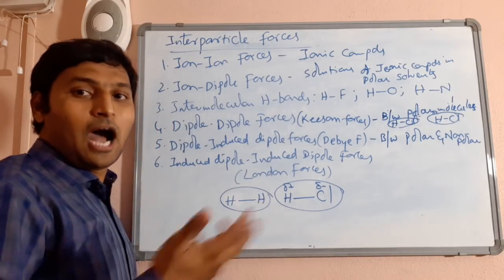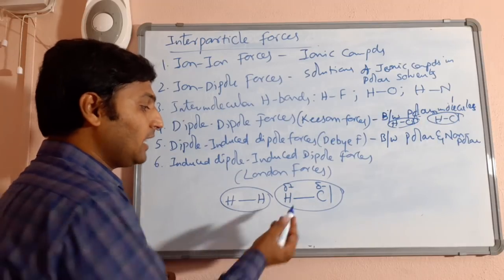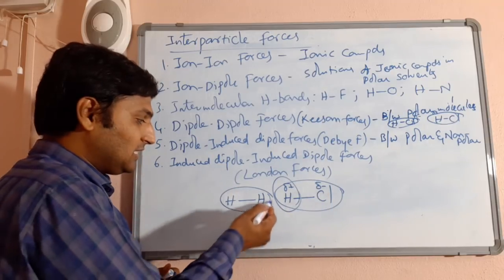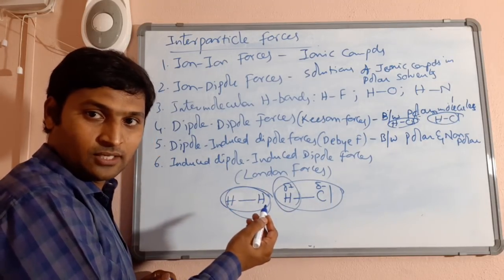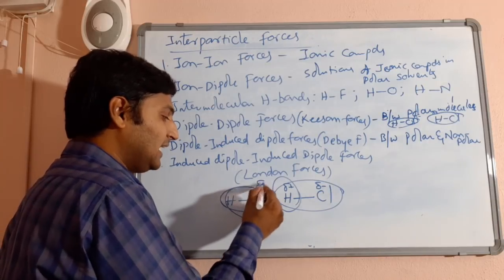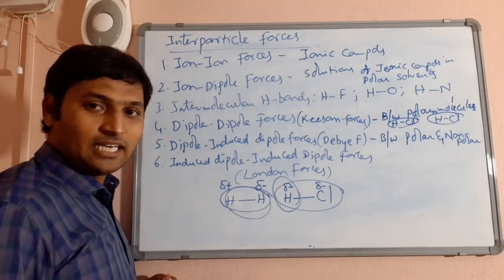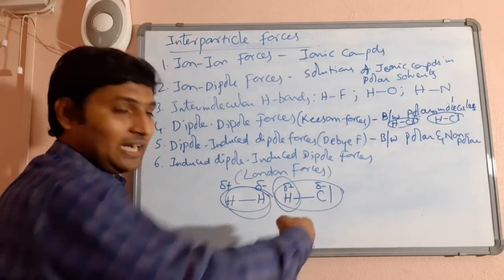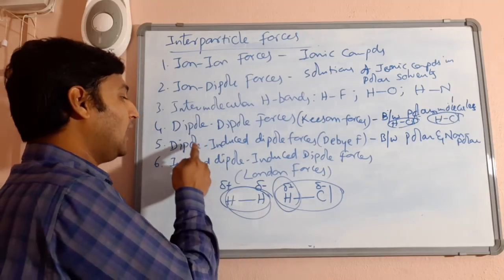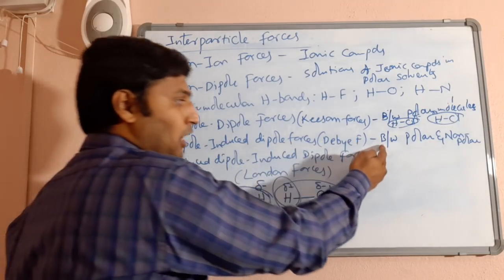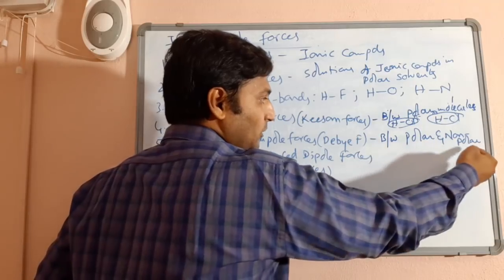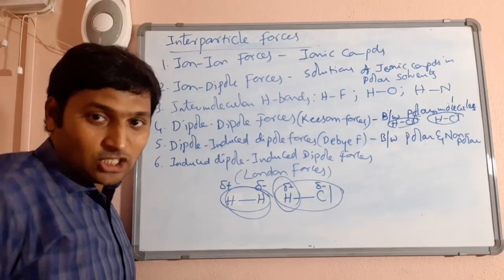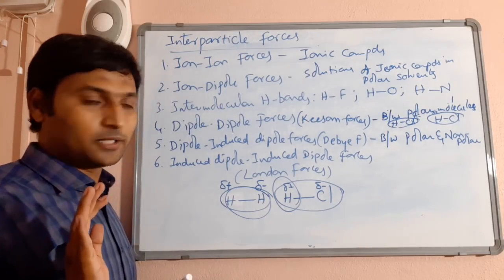Now, Debye explained how they attract each other. He explained that the positive end of this dipole pulls the electrons of the non-polar molecule towards one side, such that it gets distorted: one side becomes negatively charged and the other side becomes positively charged. That means this molecule is inducing a dipole in the other and starts attracting it. That's why they are called dipole induced dipole forces. This is possible only when you mix a polar substance with a non-polar substance. Getting my point? Since we are discussing mixtures only in solutions, this is very important.